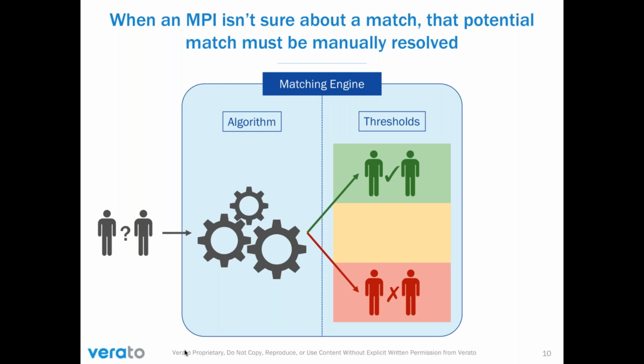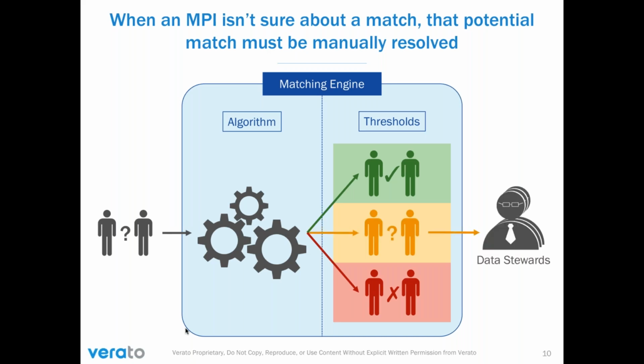If you get a new patient record and it clearly doesn't match to any of the existing patients you have inside of your system, then it assigns a new ID and you go on your happy way. And then there's this middle category where the result is ambiguous. The MPI matches an incoming record. It looks a lot like an existing record you have, but it's not exactly the same. So it falls into this gray area and creates a work list item or a data stewardship task. And that's what your HIM team or your stewardship team can then go in and manually make decisions on.